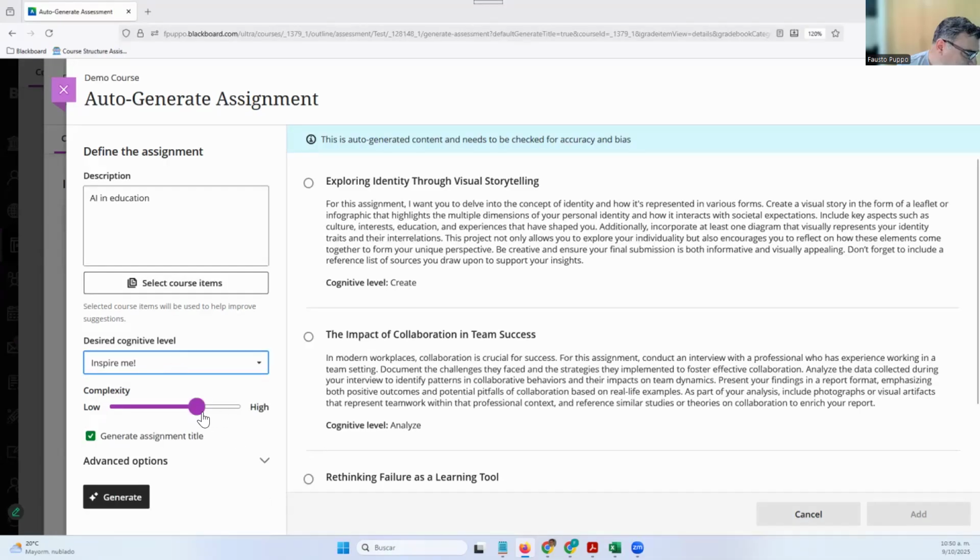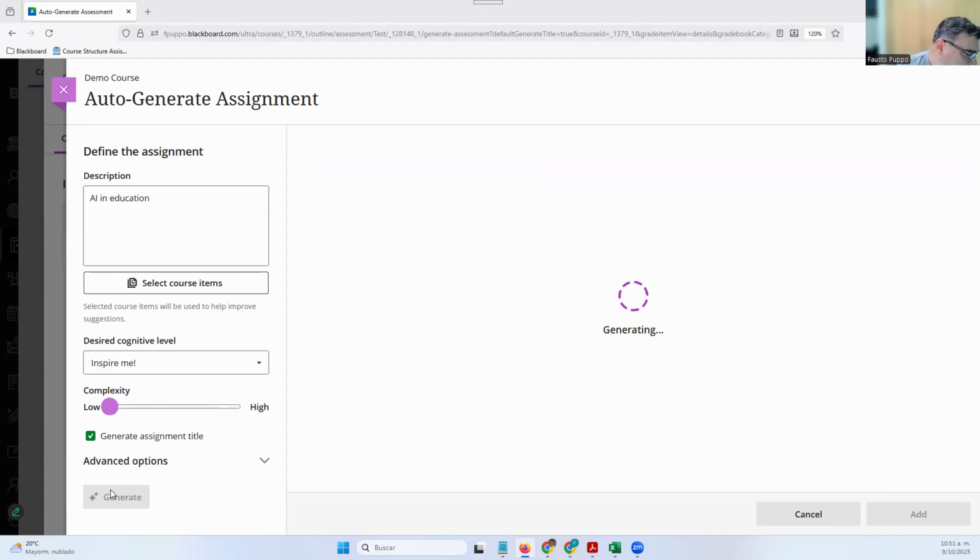It is actually a tool that allows you to fine-tune your content, in this case assignments, to the level of complexity that you have on your textbook or other source materials. And you can always adjust it afterwards and click on generate just to make sure that it's at the right level. So, for example, if I put it all the way down to low and generate,